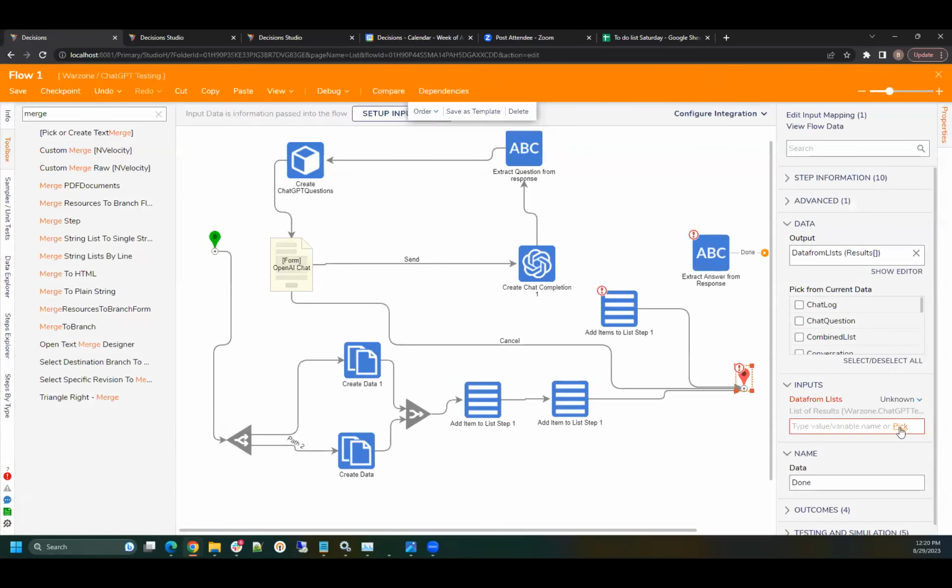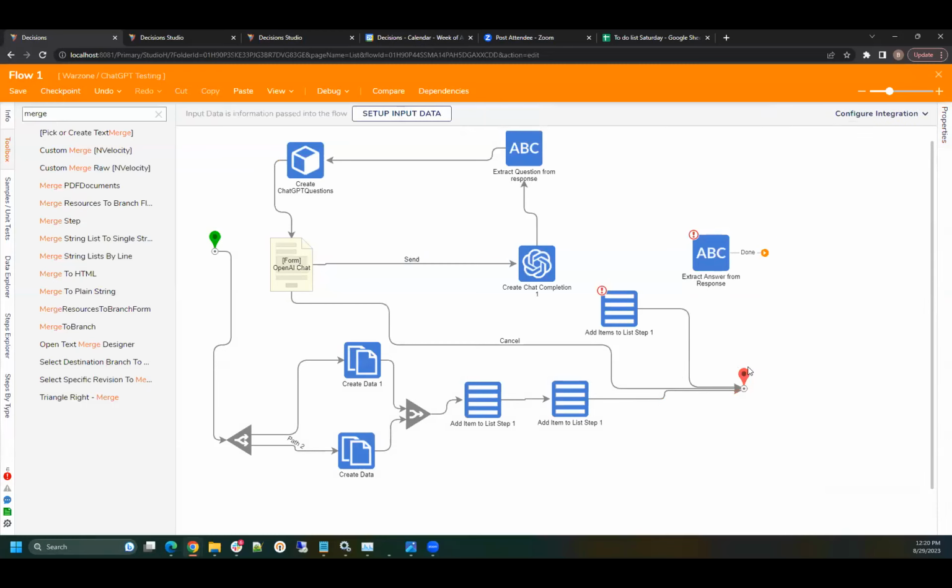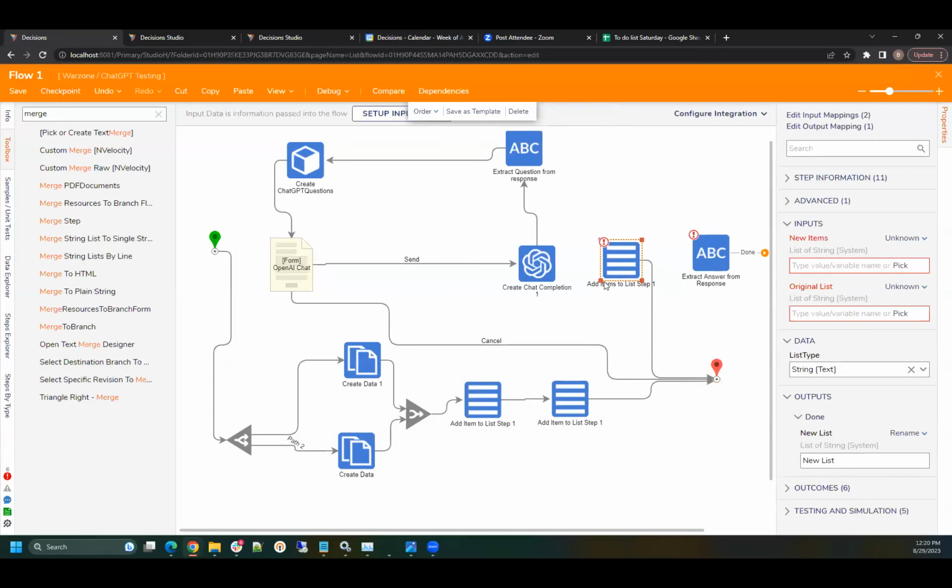And save it. And then we'll just take in that combined list, and then we'll have that output of the step. Now this will output the step into like